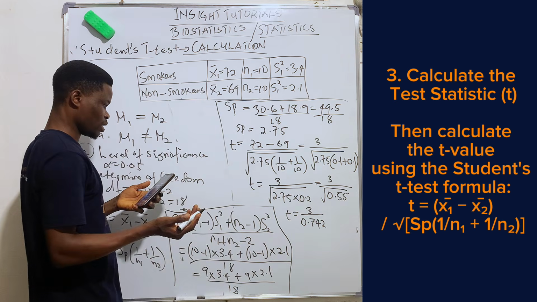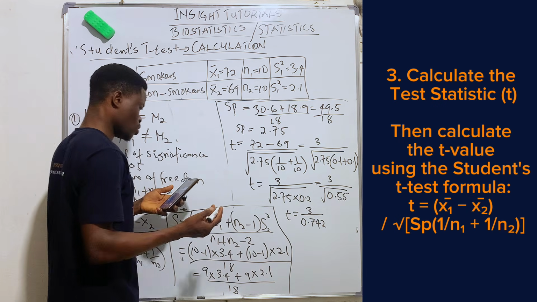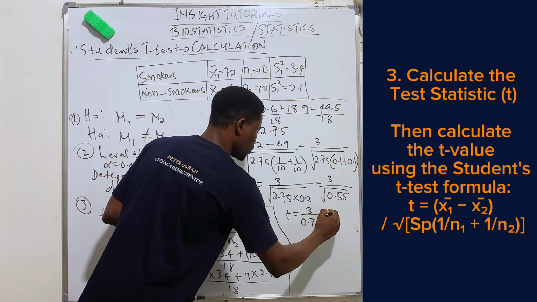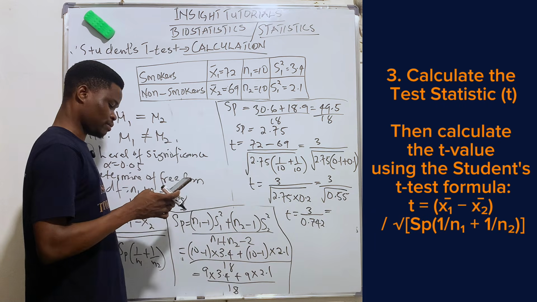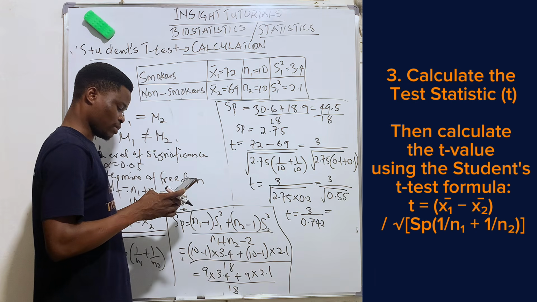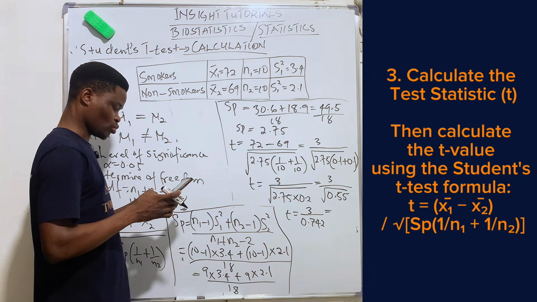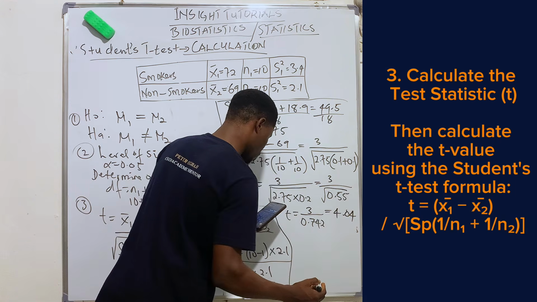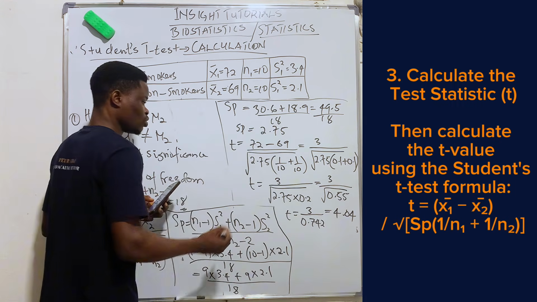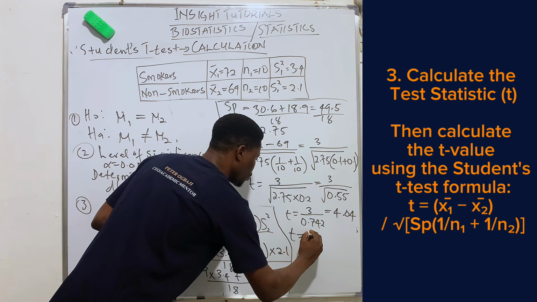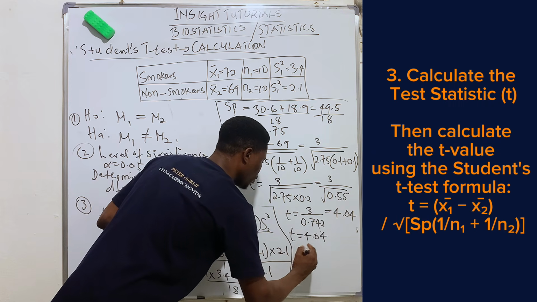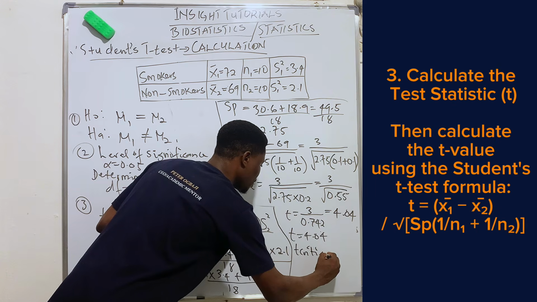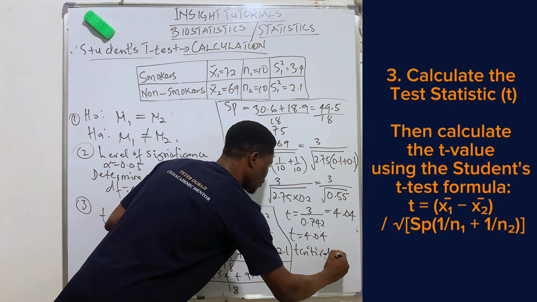0.7442 approximately, or we can say 0.74. Let's see, 0.042. So 3 divided by 0.742, it happens that we have it as 4.04. So our t value is equal to 4.04. And remember that we were given a t critical value of